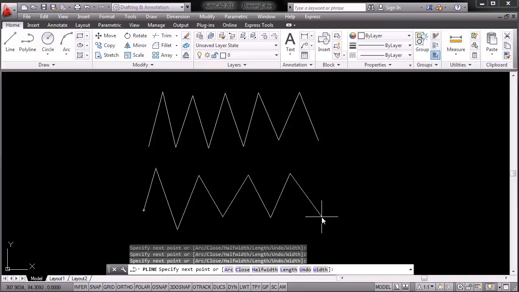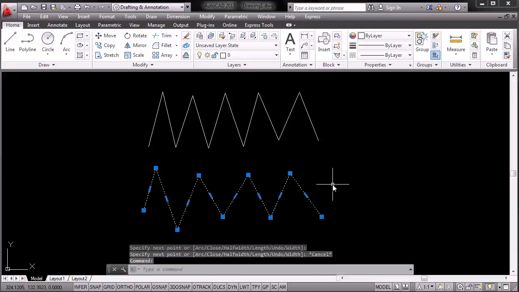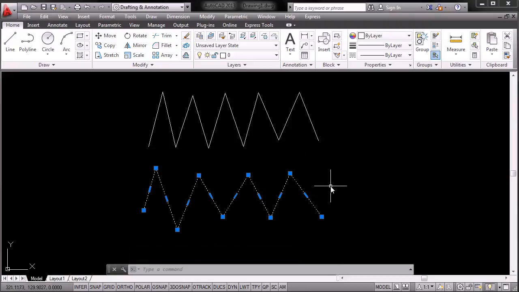Now let's hit the escape key. Also, you can hit the escape key to turn off a tool you're using. Now if we select this line, you'll see it is actually just one continuous line. Now let's say we want to erase this line. As we already have it selected, one way is to go to the modifying set of tools and look for the erase tool. It is the one with the pencil eraser icon,